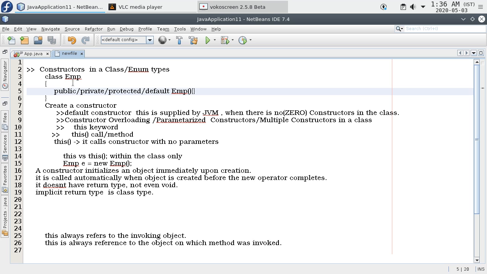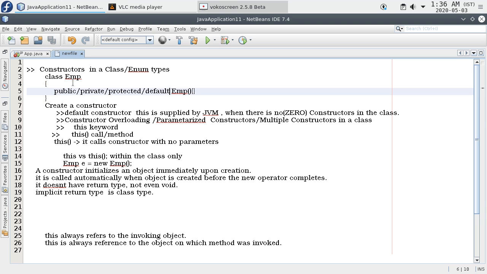If it is declared as private, that means no one can create an object of that class. Protected is mainly used in inheritance. Default means within the package this object can be created. Outside the package you cannot create an object of this class.